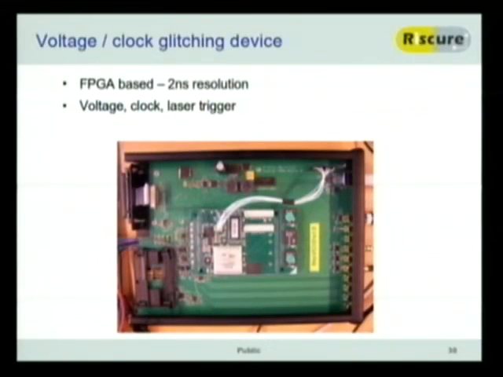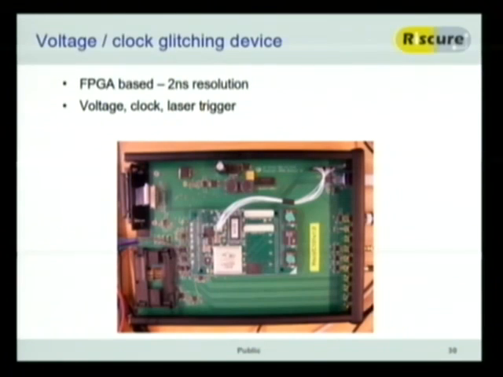Now this is the kind of thing that we use in the lab for glitching right now, both voltage and clock. It's an FPGA-based machine, which basically allows you very precise control over your glitching. So what we see here is if you, for instance, do a very quick clock glitch, you can skip instructions that way. If you do voltage glitches, you can see that if there's, for instance, a fetch from memory, that typically takes more power. If you put the supply voltage down right at that moment, you can actually read either 0 values or 1 values. So there's all kinds of cool things there.